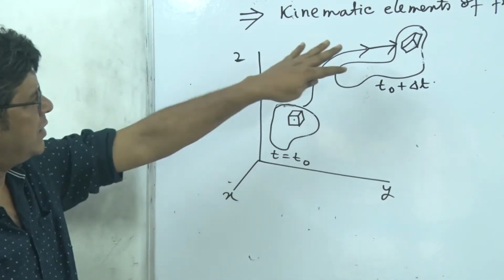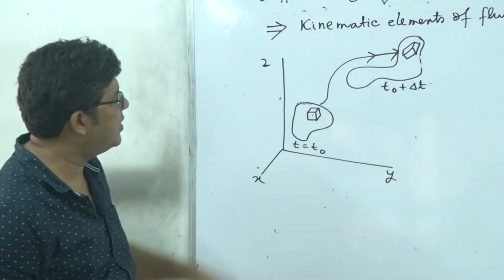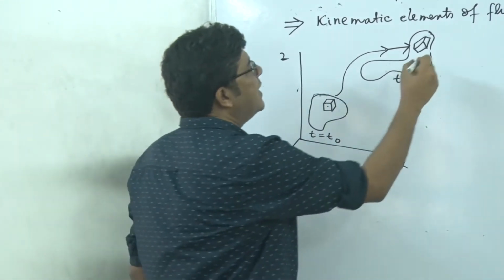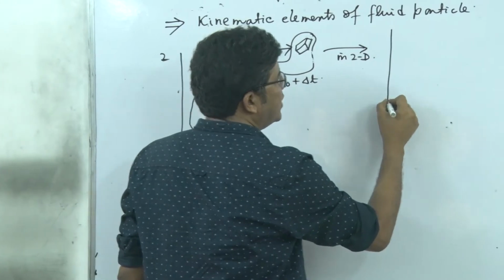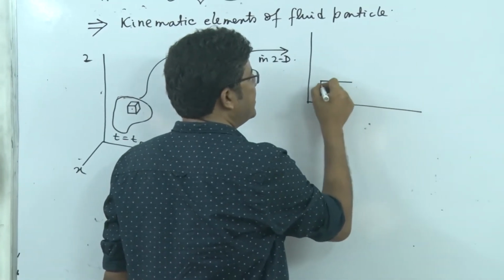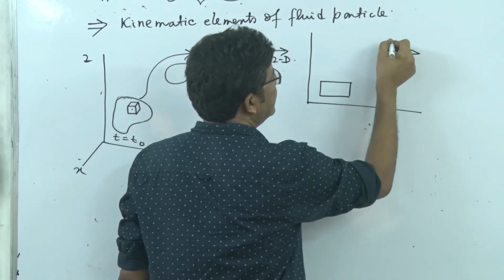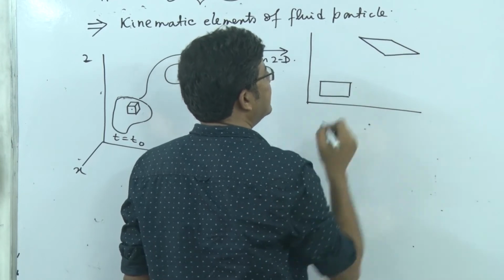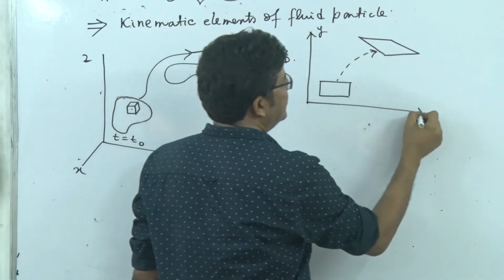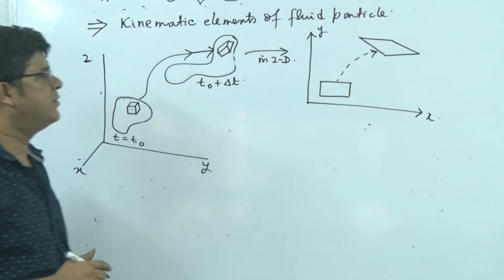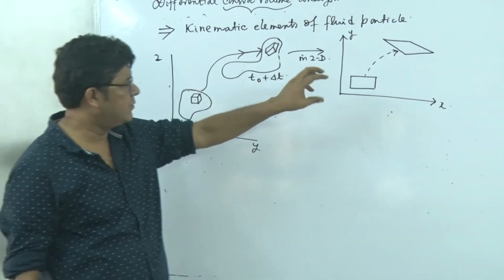So if I look into detail, then evidently it is difficult from a three-dimensional perspective to understand. So let's map it in 2D. What is the situation? Initially I am having this. Finally I am having this. Right. So it is a two-dimensional picture of the same three-dimensional incident. Now, if I focus on it, what are the elements?